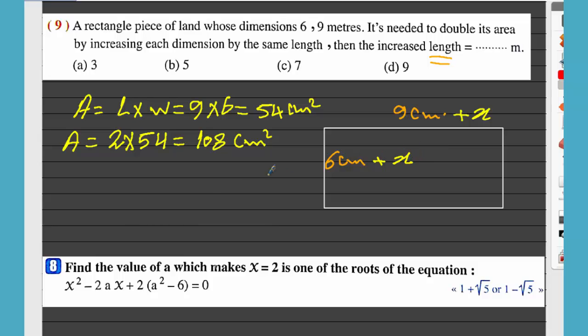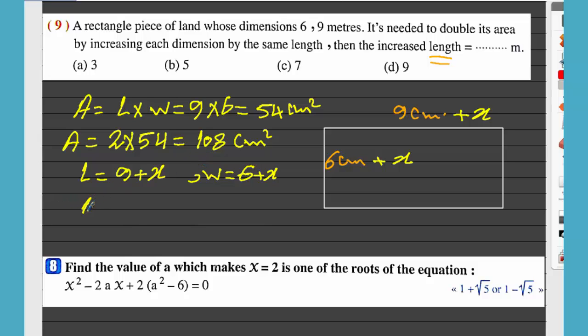So after we increase, the length equals 9 plus x and the width equals 6 plus x. Of course, the unit will be centimeters. So what is the new area? The new area is